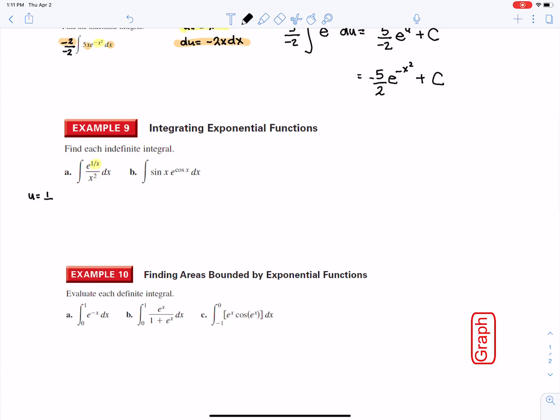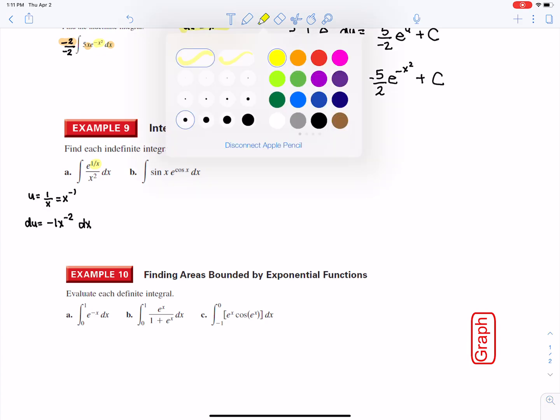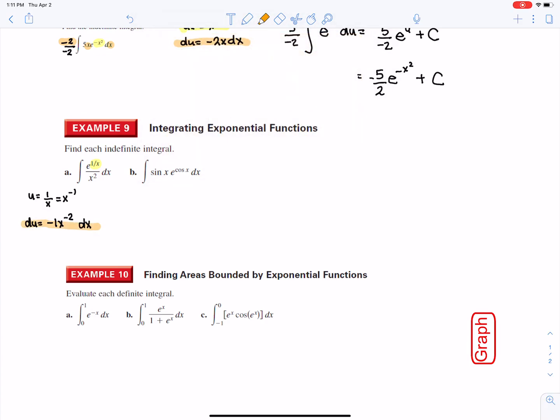So if I let u equal 1 over x, which is also x to the minus 1, my derivative is minus 1 x to the minus 2, and then I multiply both sides by dx. So you can see here du is minus 1 over x squared dx. I'm only missing the negative sign, so I'm going to introduce it on top and bottom. So now my integral becomes